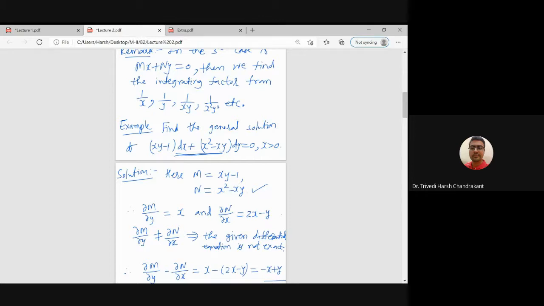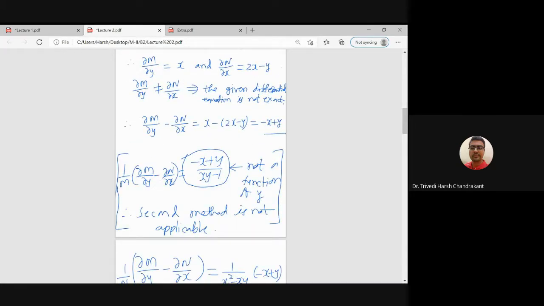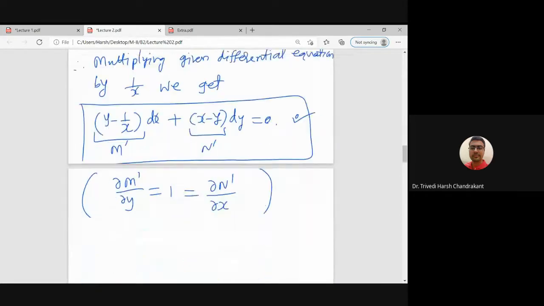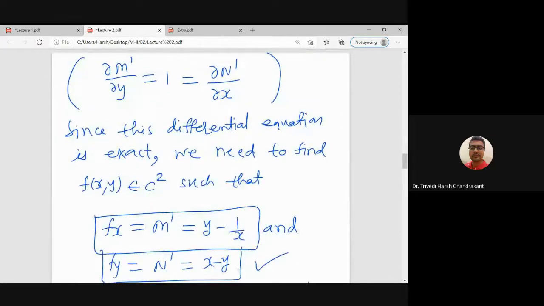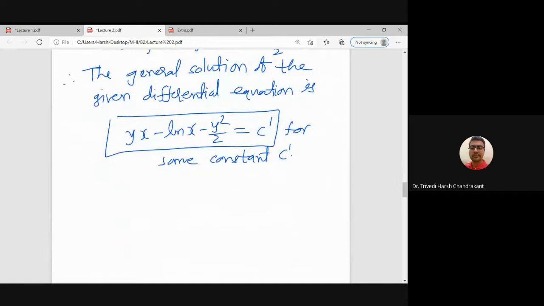In this example it is easy because the function turns out to be 1 by x, but in every example the integrating factor which is coming from method 1 may not be as simple as the 1 upon x function. So therefore we need to learn these methods of the integrating factor. Let me give one example as an exercise, because in all these 4 methods I will not be able to cover it within one lecture. So some of the examples I am giving as practice questions.